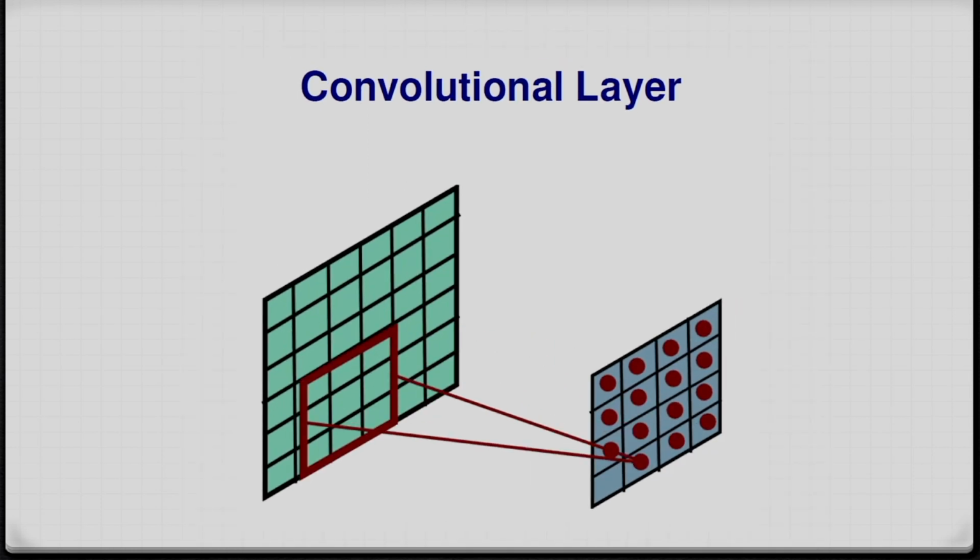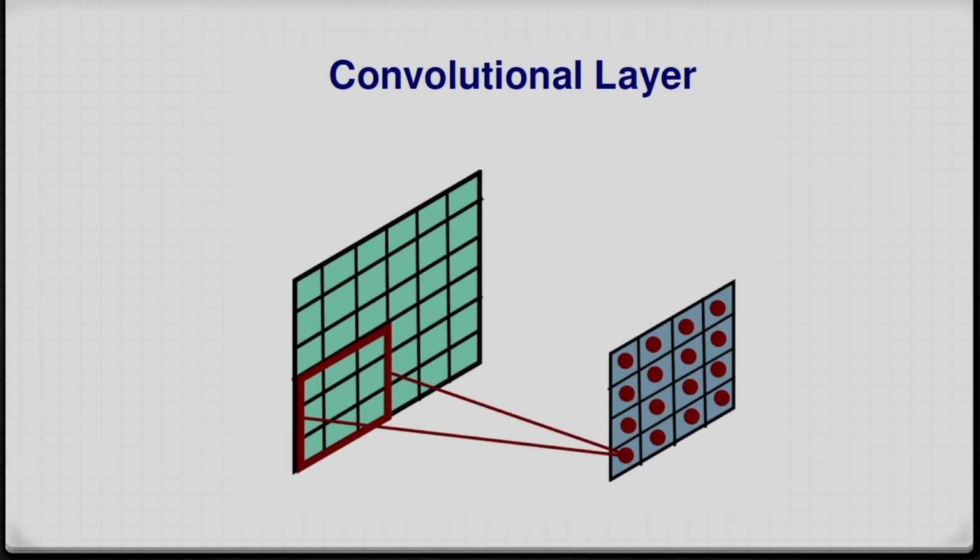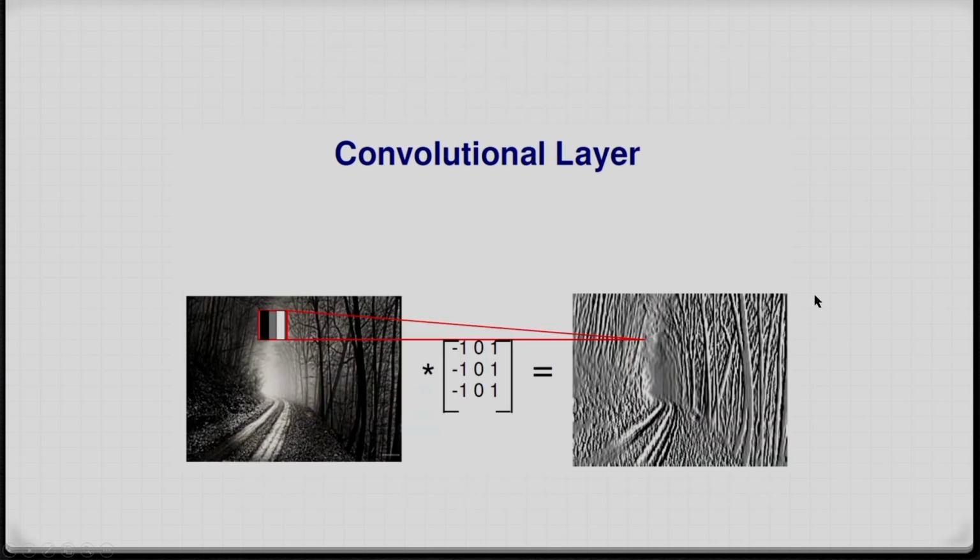And I am getting the feature map. So you can see I am getting the feature map here. So this is my feature map after the convolution. And you can see here, if I consider this filter, and if I do the convolution with the help of this filter, then I will be getting the vertical edges, because this is nothing but the high pass filter. You can see the response here is 0 0 0. So that means I will be getting the vertical lines by considering this convolution filter.